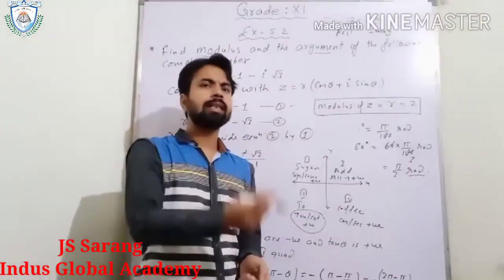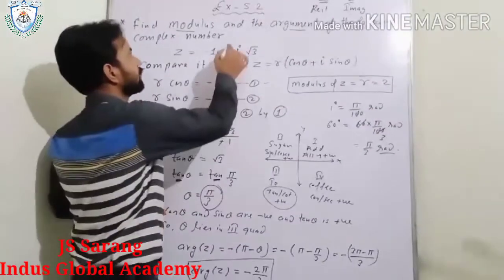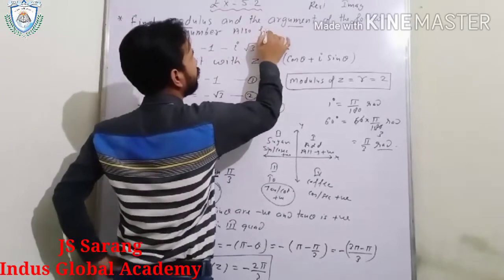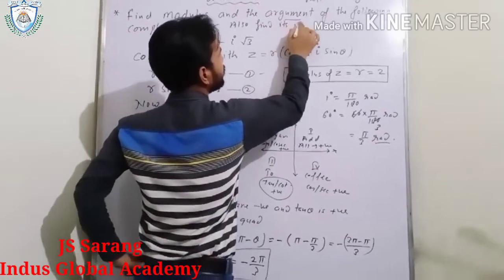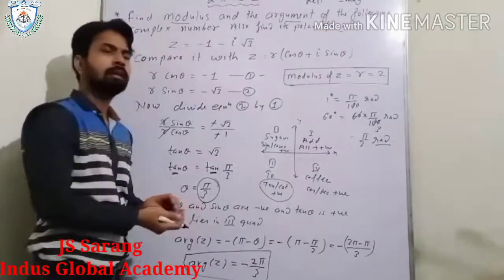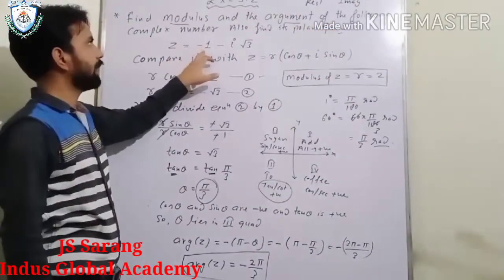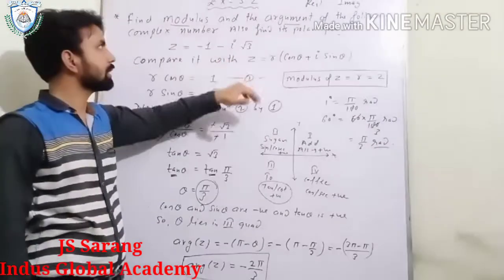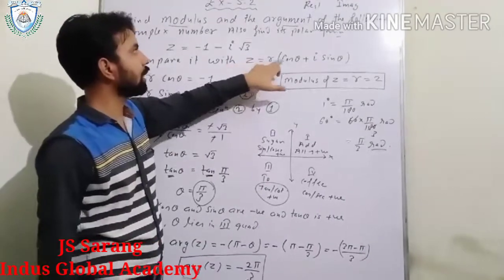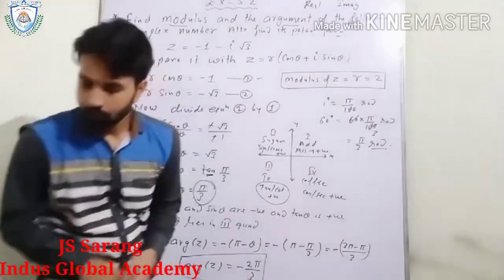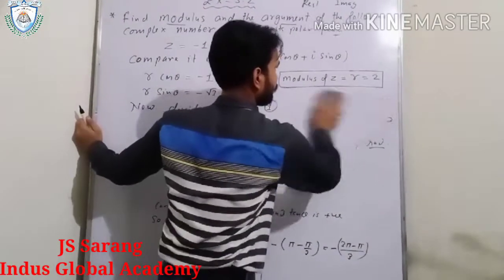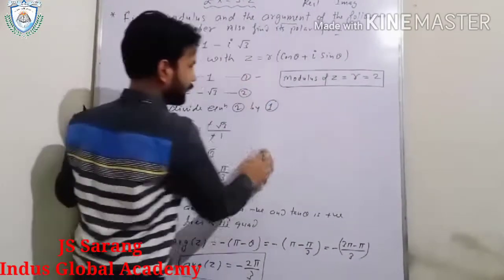Okay. Now one more thing. Suppose the question is saying also find its polar form, where the complex number is given as z equals -1 minus i root 3. So the polar form we know is z equals r (cos theta plus i sin theta). So how can we find its polar form? This is very simple.